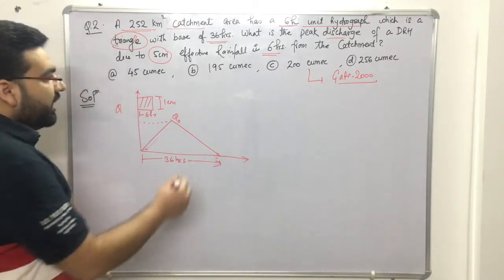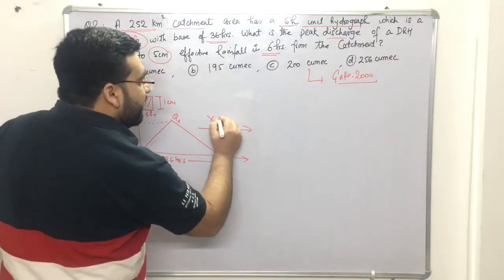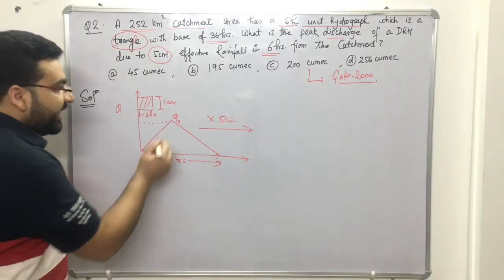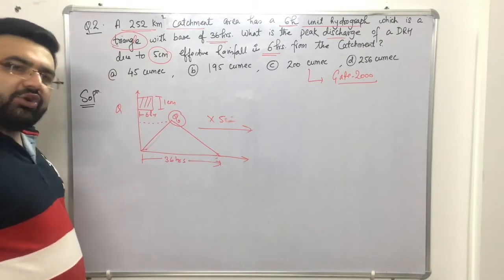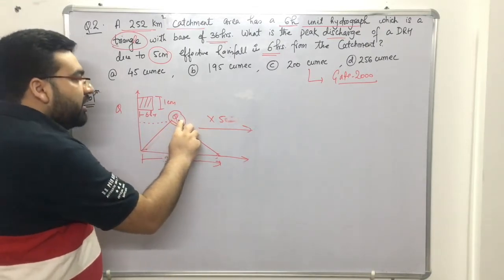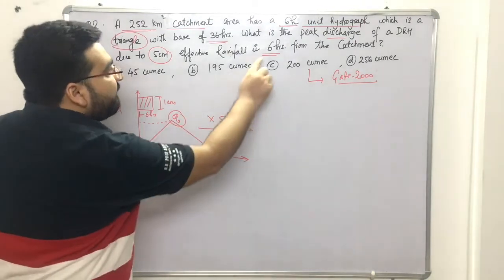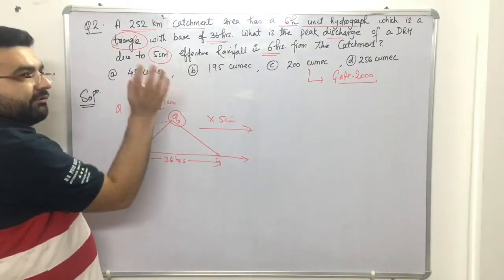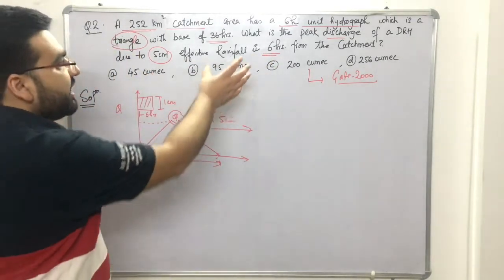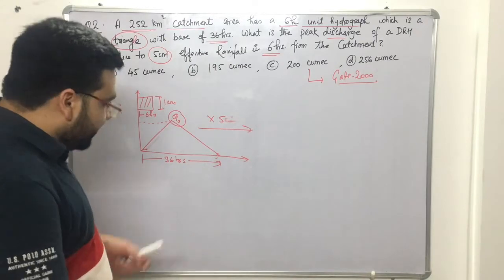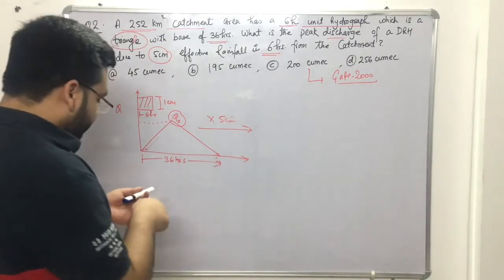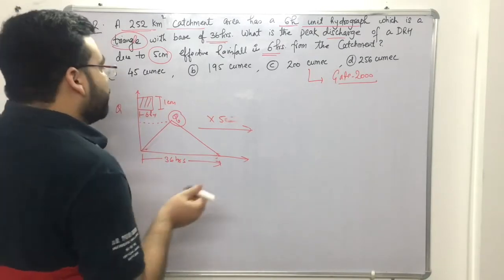This is the linear response of a unit hydrograph. Simple, right? So if I multiply the ordinates by 5, I will get the maximum discharge. But the thing is that I don't know this Q naught. So my task would be to determine this Q naught and multiply it by 5 to get the resultant maximum discharge asked in the question. Clear? So now let us solve this numerical. It's a very straightforward, simple numerical. Let me change the marker. Right? So how to solve this numerical?